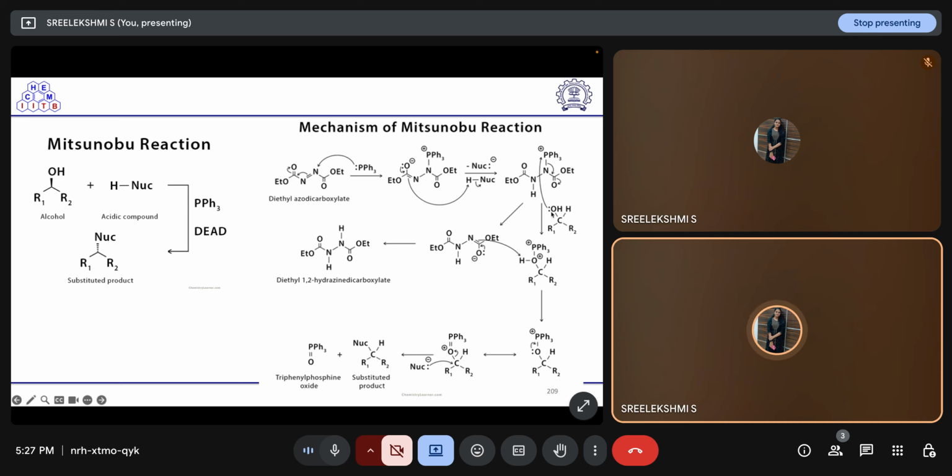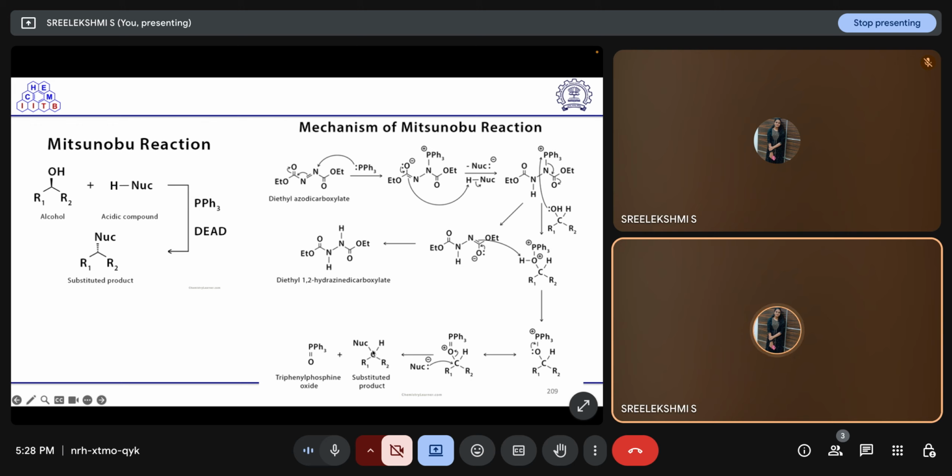Then this oxygen, which is our starting material alcohol, has affinity towards this PPh3, so that will take this PPh3, so this bond will come over here and this will shift to here to form this intermediate as well as this intermediate. Then this will again take the proton of this alcohol to form one of the byproducts, that is diethyl 1,2-hydrazine dicarboxylate. Then this molecule, this oxygen lone pair will fall over here and this will form, then PPh3 oxide will eliminate, nucleophile will attack over this carbon center to form this other byproduct triphenyl phosphine oxide